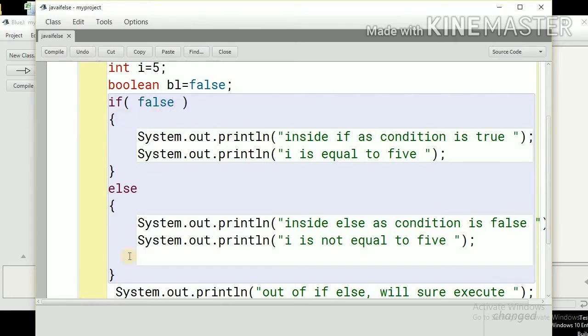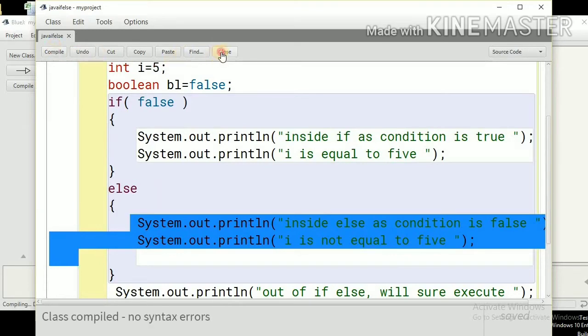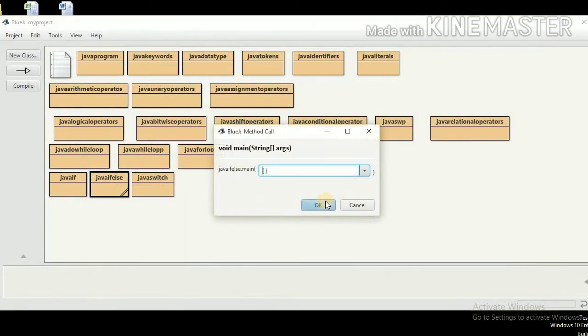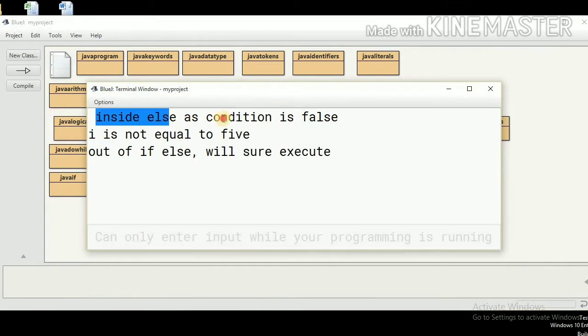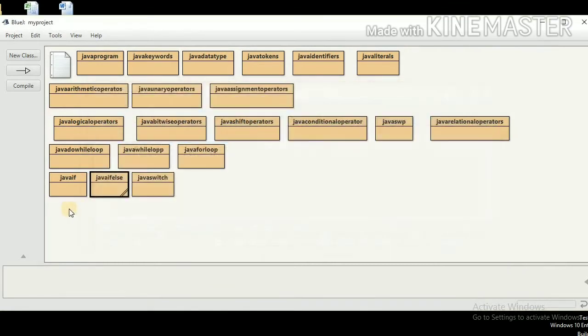What should happen? Now the else block statements should be executed. Let me compile and show you the output. You can see inside else, only the else block is executed here.